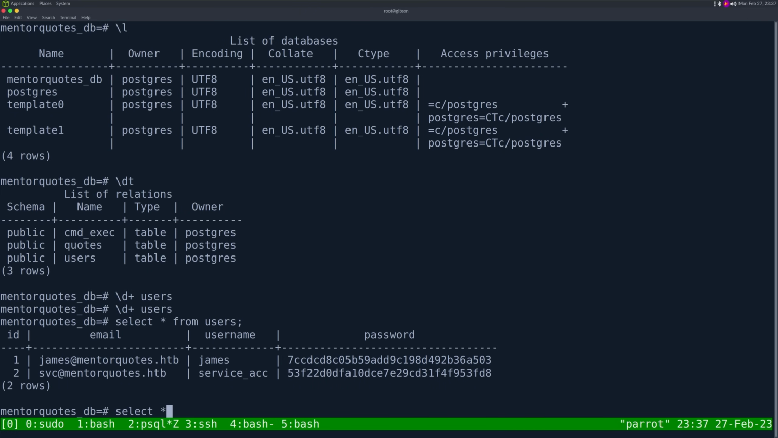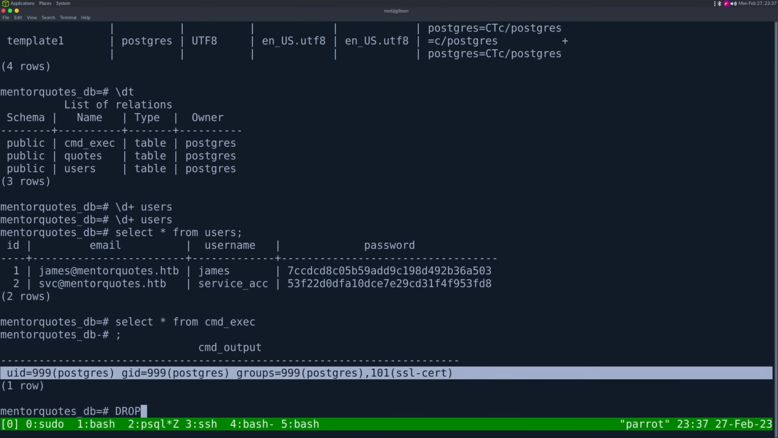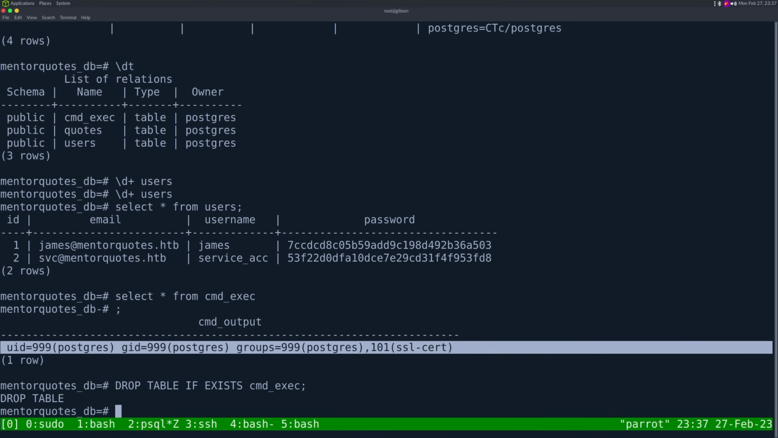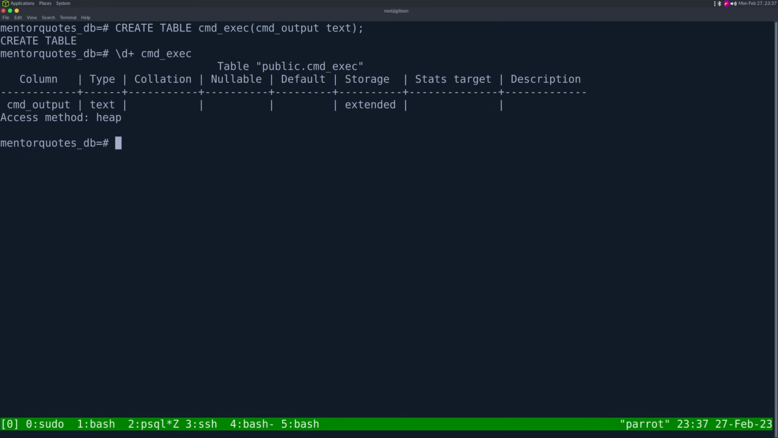I'm actually kind of curious. Select star from cmd_exec. We can see they ran the ID command, it looks like. So if we wanted to, we can say drop table if exists cmd_exec to delete it. If someone hadn't run command execution, we would do a create table and then cmd_exec. You can name this anything you want, right? I'm going to give it cmd_output as the column name. So now if I do the \d+ on cmd_exec, we can see it has one column,